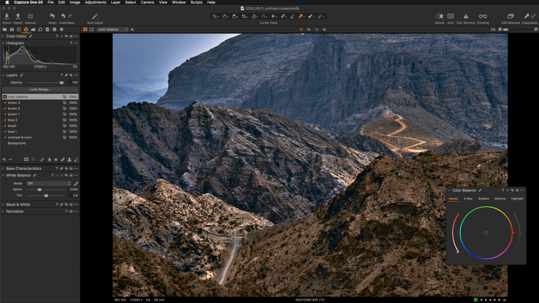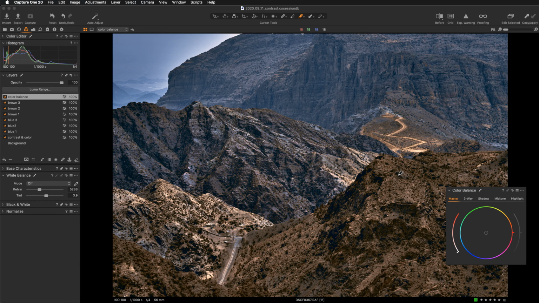But if you were just judging by looking at the image, you would say, okay, I'm in the highlights, because this part is definitely bright in comparison with the rest of the content of the image. But the histogram will always tell you the truth, so we are working on midtones, and by warming up midtones with color balance, we are losing our blues that we worked so hard on here in the layers tab with the color editor. So let's get back to the initial idea, and let's add a little bit of cool tone inside the